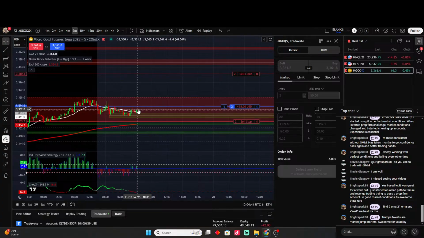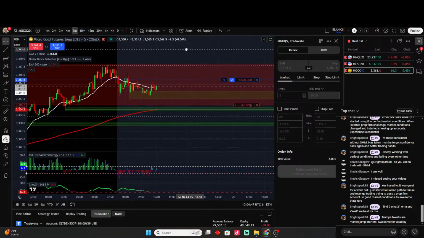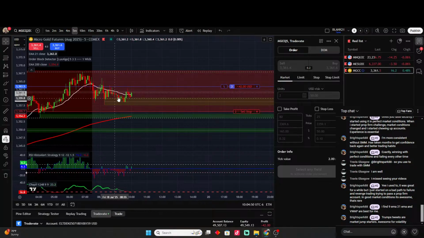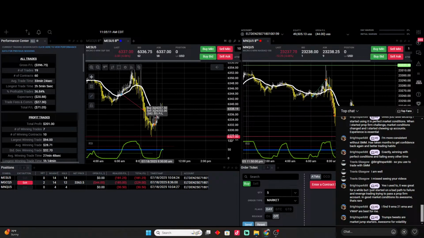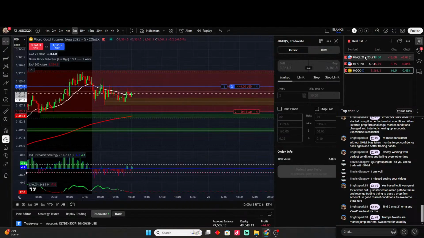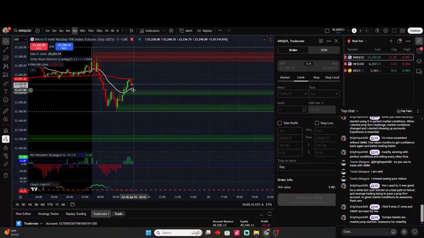Going to our gold chart, this is more of a rule-based trade right here, because if we can hold this 21, we've had a really hard time holding the 21. If we can get above that 21, this trade's still valid. We can add to it. But yeah, see how this is flipping around on us, guys. This could just drop. This could have been a bear trap. Or a bull trap, I mean. This could flip around on us, and looking at our chart, it might. If it breaks below this 21 and we get some negative RSI, then that's definitely a sell. I got lucky. I could get a little bit out of this on both sides of that, but we should really